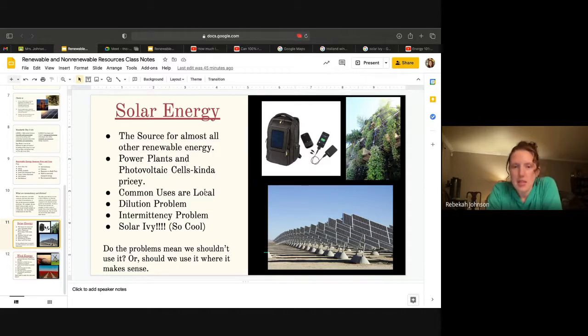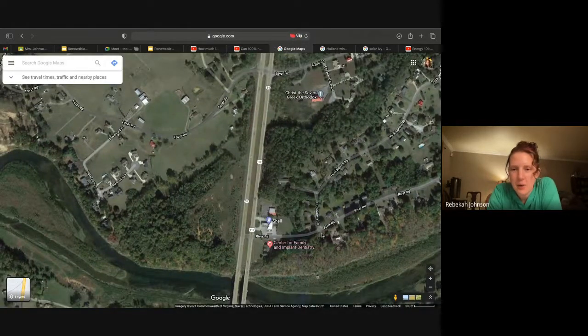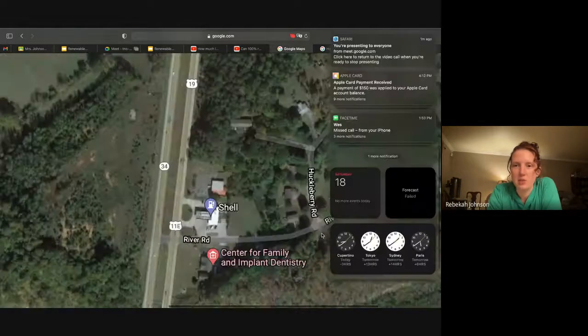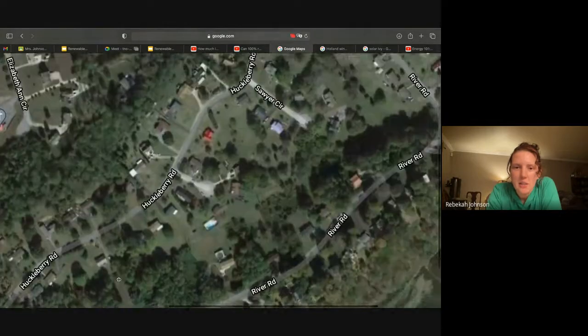So commonly we use these for local things. I noticed in my neighborhood, and I'm not dumb enough to actually post my address up here, but I did